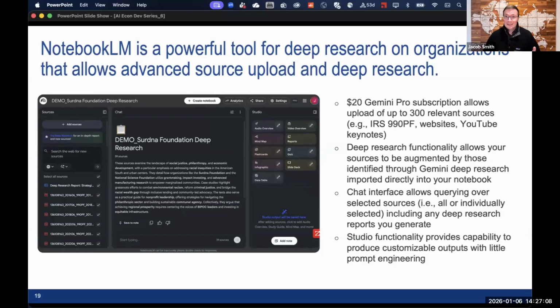The free version is actually really powerful. The paid version just gives you access to a little bit more capability to upload more documents. That's really about it. So within Notebook LM, you have the capability to upload sources that you have found yourself that you know are very relevant and you can have trust in.